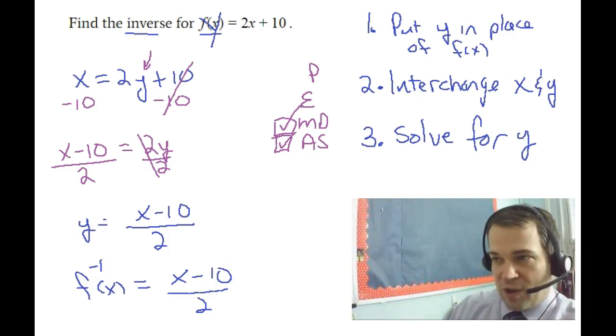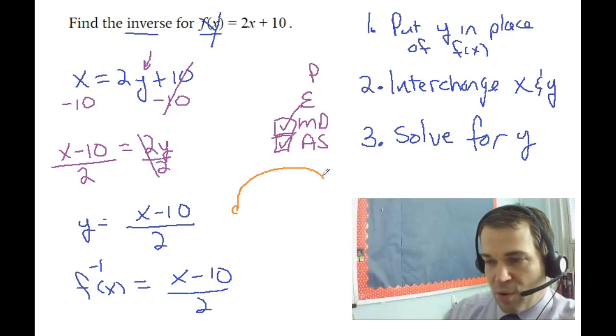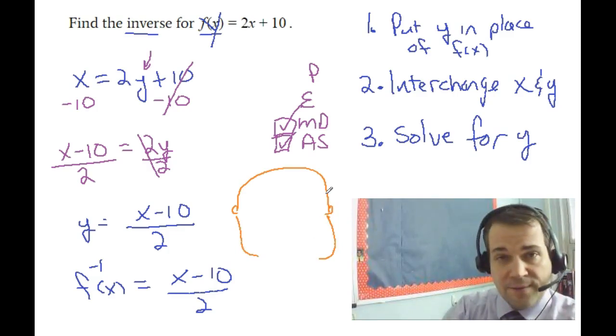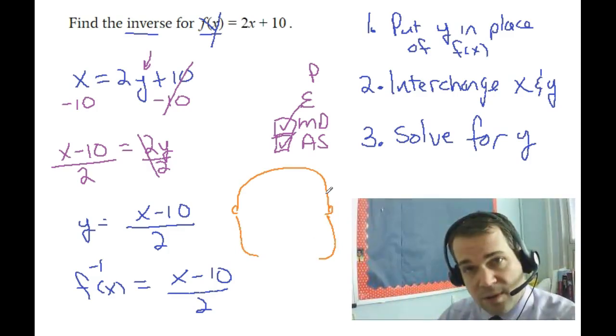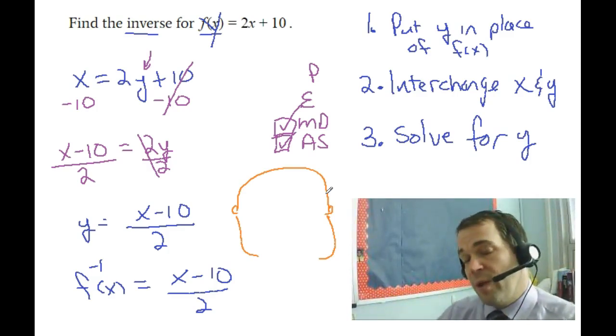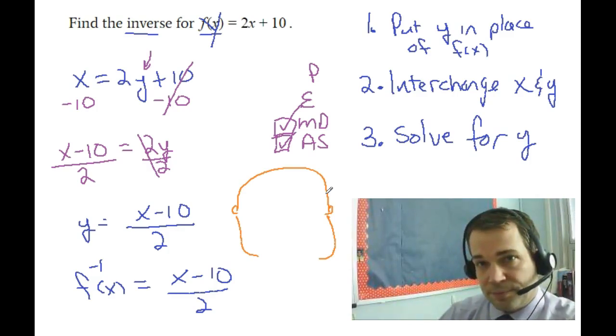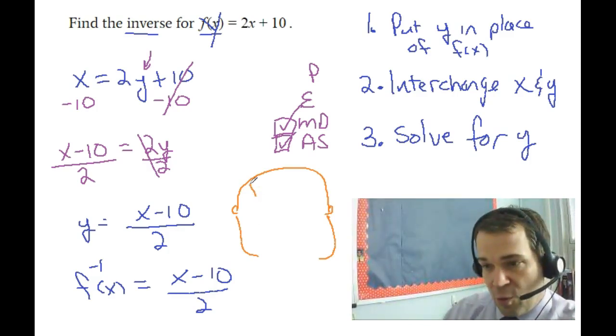Now, as a final step, I can do a quick mental check. And my quick mental check, which I'll do in orange, here's my brain. If I did this all correctly, I just pick a random number, I throw it into f, I see what pops out, and then whatever pops out, I put that into the inverse, and I hopefully get what I started with. So for example, I'm just going to pick a number like 8. If I take 8 and I throw it into f,